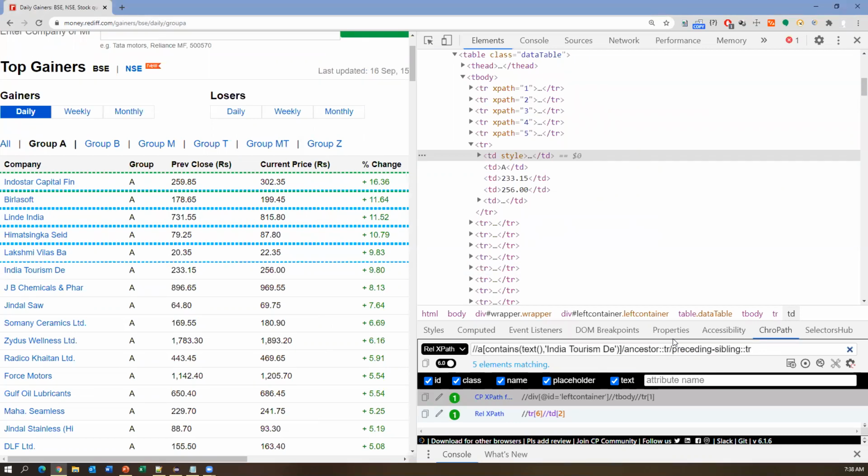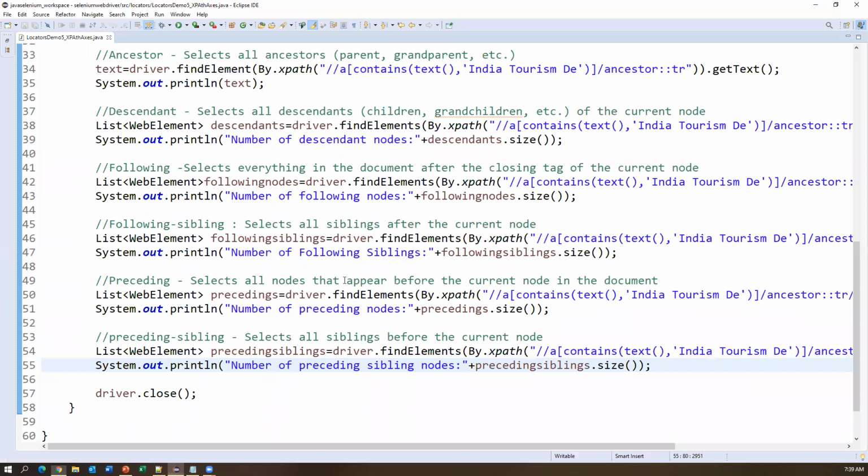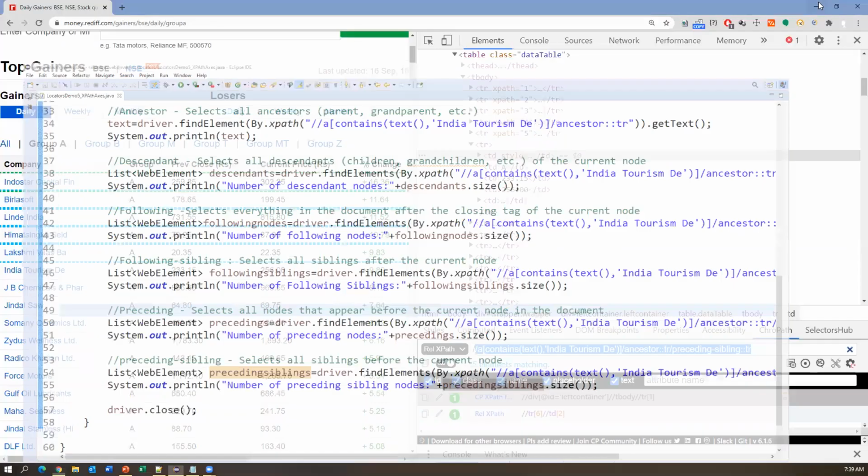And most of the times guys, we use this axis to locate multiple elements. If you want to capture multiple web elements from different locations of the web page, then we can use XPath axes. Okay, so based on this understanding, we will see some more examples. And let's go to the applications now.